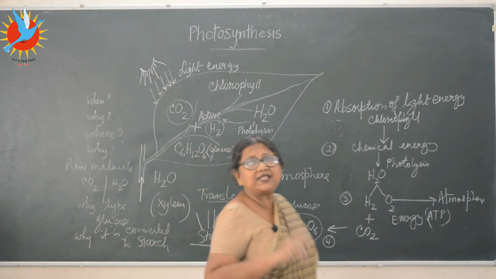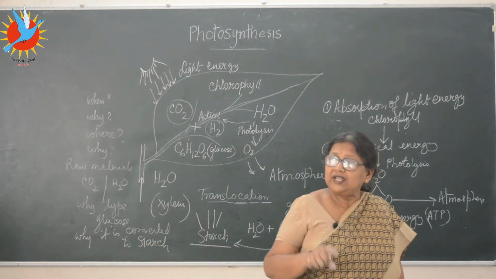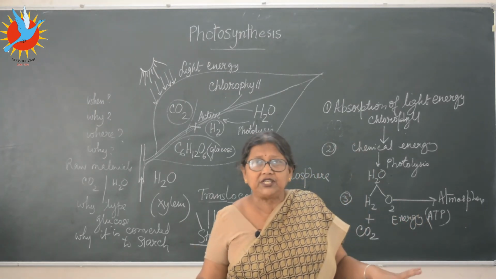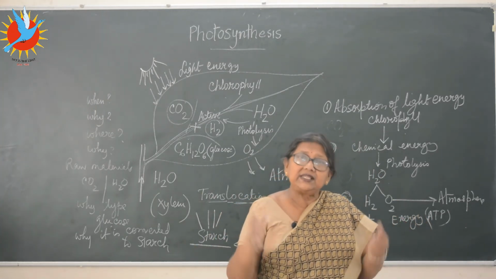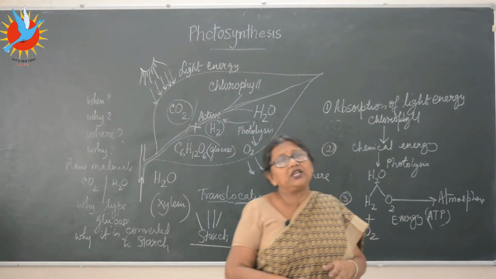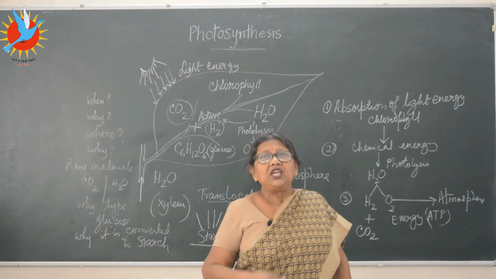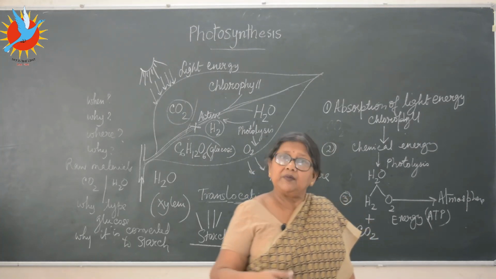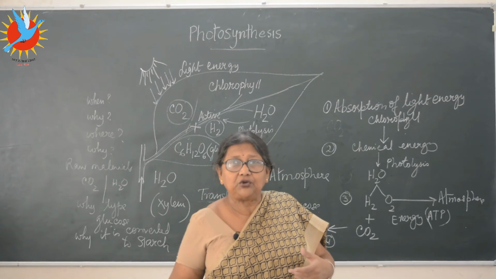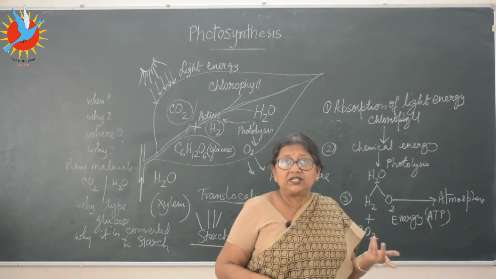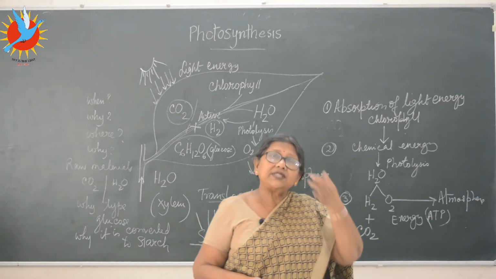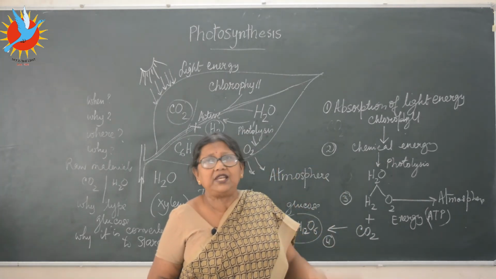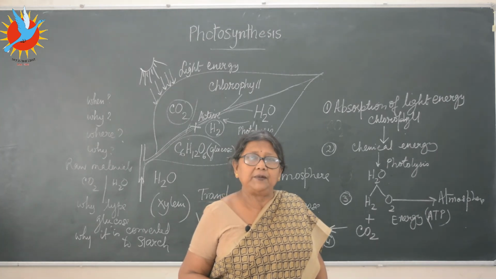Which tissue, which cells transport the prepared food? You have learned in the tissue system, the phloem. So phloem will take it to all the parts of the plant body, and then excess of food will be taken to the storage organ of the plant and it will be stored there. You eat carrot, food is stored in root. You eat turnip, that's also a root, that beetroot that you eat. You eat radish, that is also root. So some plants store food in root, whichever may be the storage organ, root, stem, leaf, that will be taken and stored there. Clear?